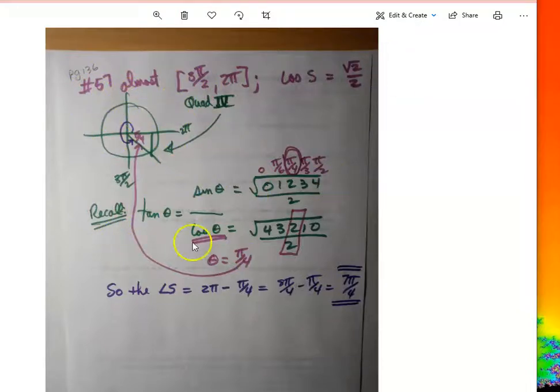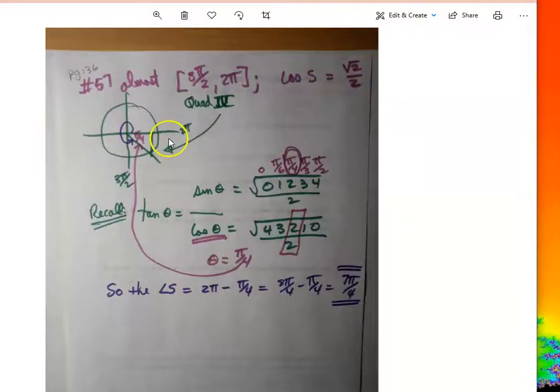If you follow your steps, you can understand again how to solve it, and it should make sense. But you're all mostly smart, so you might have said, 3 pi over 2 to 2 pi, that's in the 3rd or 4th quadrant. And the cosine of s is the square root of 2 over 2, and s is pi over 4. So in the 4th quadrant, 1 less pi over 4 than 2 pi is 7 pi over 4. The answer is 7 pi over 4. If you write down just this line and 7 pi over 4, you don't get all your points. You've got to have 4 steps.